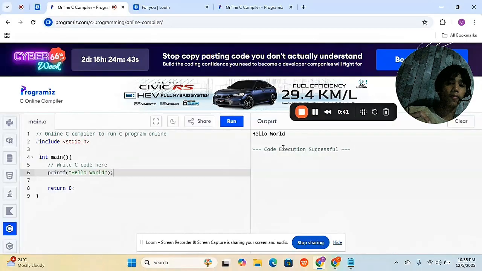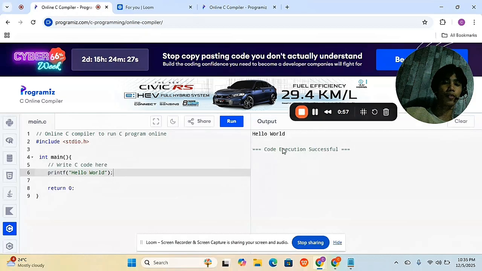It is the foundation of languages like C++, Java, and Python, and is widely used in operating systems, embedded systems, and performance-critical programs. We use C because it's fast, gives full control over memory, is close to the hardware, and is used in system programming.